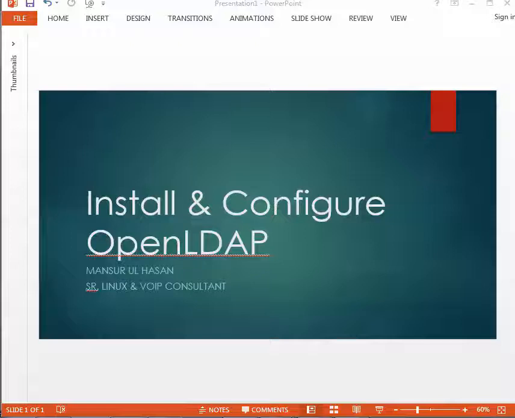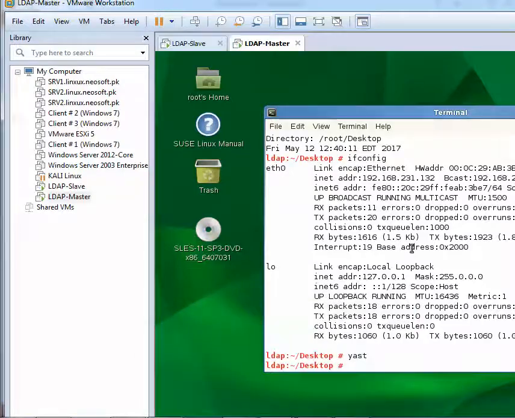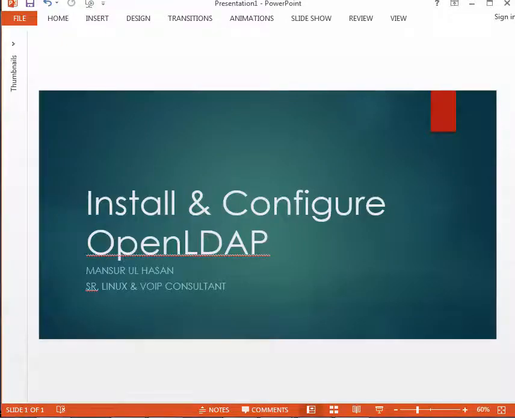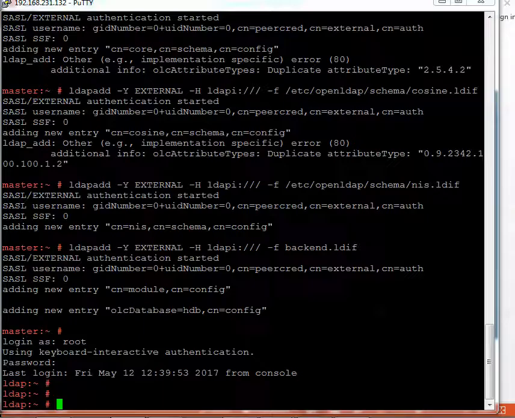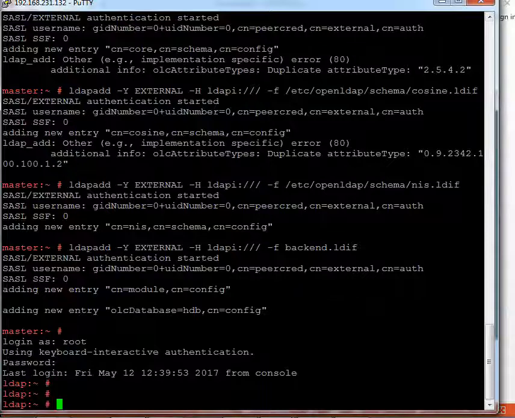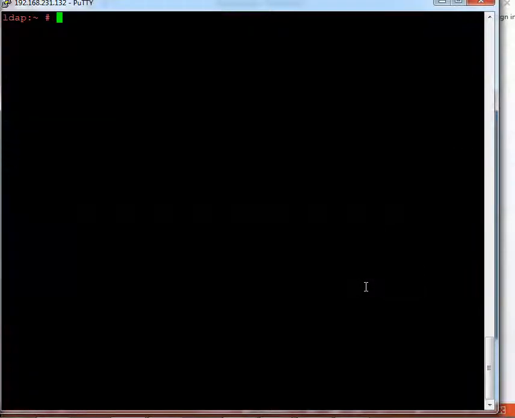Let's begin. Currently I had just installed SUSE Enterprise Linux with basic network configuration, nothing else more than this. Whatever I will do, I will configure everything from the command line prompt. Okay, let's begin. The first thing we need to do is we need to install the OpenLDAP package and OpenLDAP